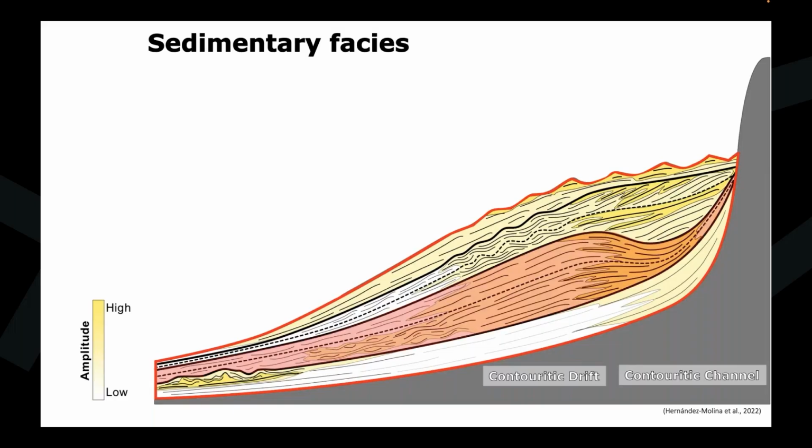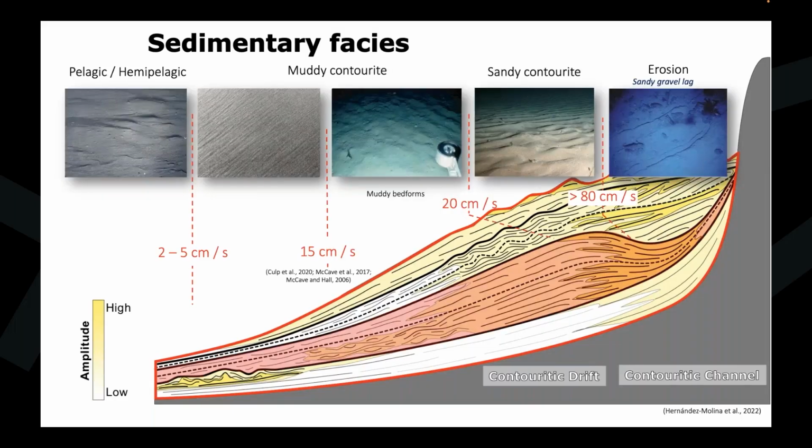In terms of sedimentary facies, there is a great variety of facies, depending on the velocity associated with the bottom currents. Here you can see in red the threshold velocities from hemipelagic to muddy contourite or from muddy contourite to sandy contourite, and then with more than 80 centimeters per second, the possibility to have erosion on the seafloor. This is mainly for